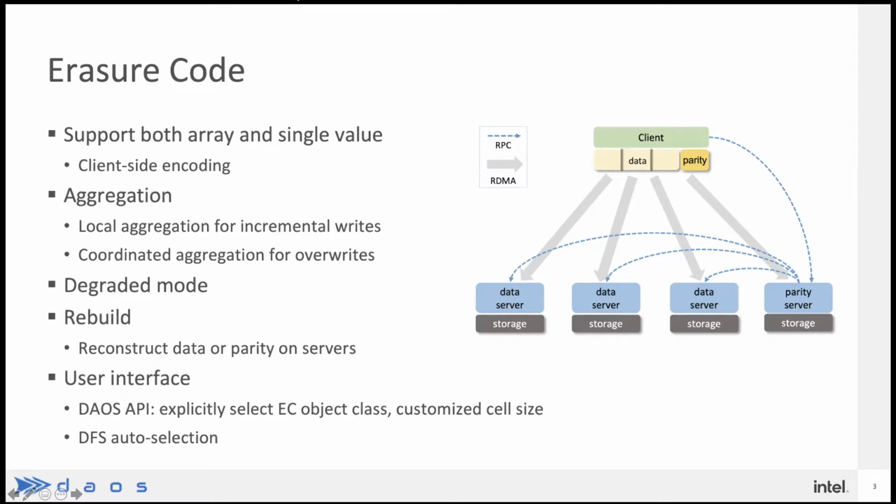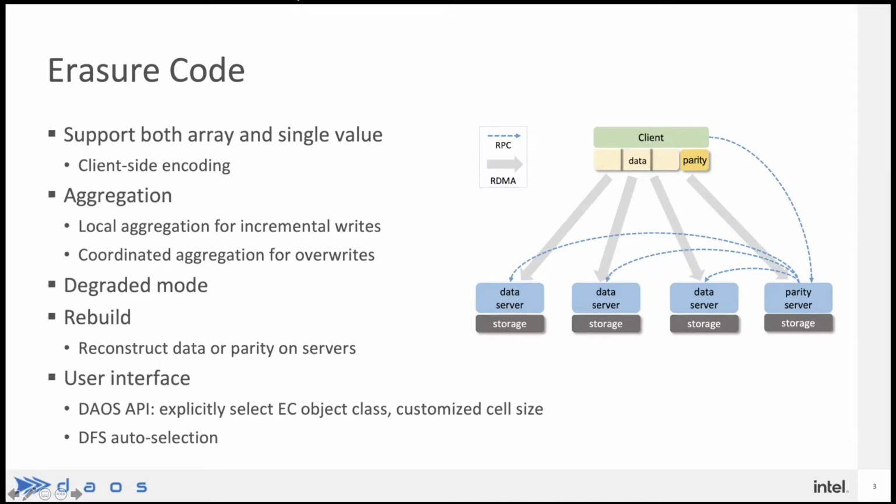So data encoding in DAOS is handled by the client on write, which means the client should compute the parity and create a bulk descriptor for both data and parity, then send the RPC request to the leader server of the parity group. And if the write is not aligned with the EC stripe size, because DAOS is a multi-version object store, which means the data model of DAOS is versioned,